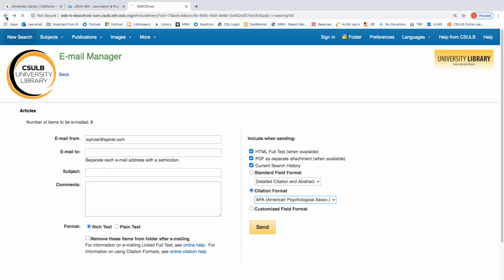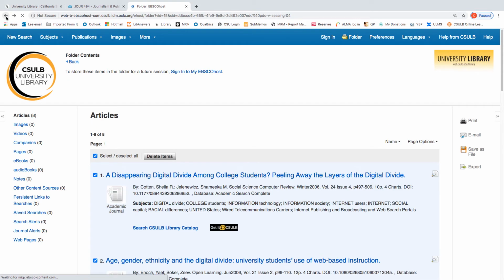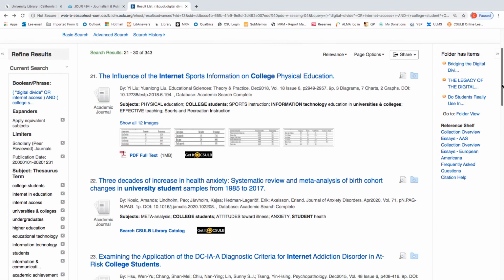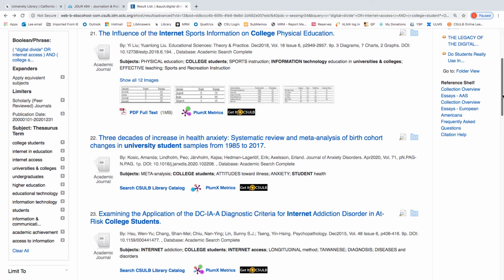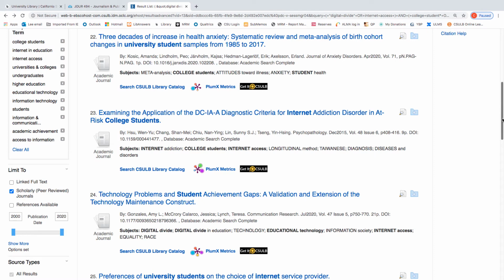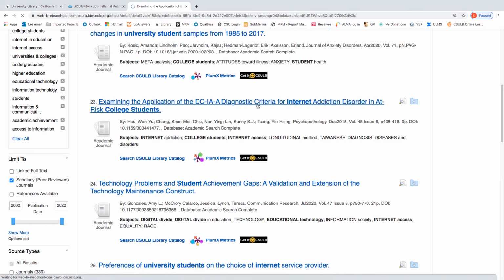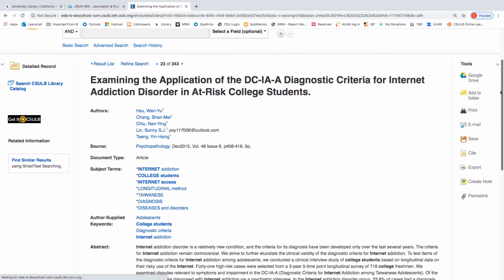Okay? Now I want to show you one more thing. I'm going to look for an article here where the full text is not in our database. I'm going to try this one. And as I showed you before, Get It at CSULB will often get you what you need.